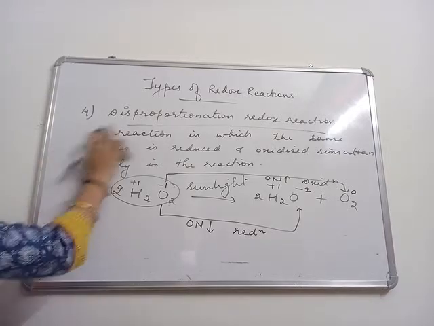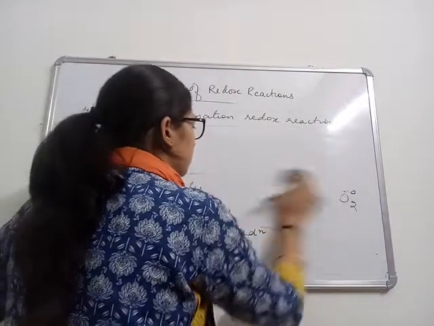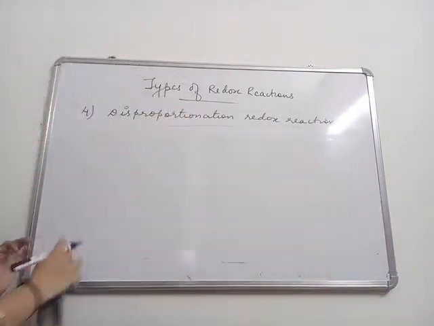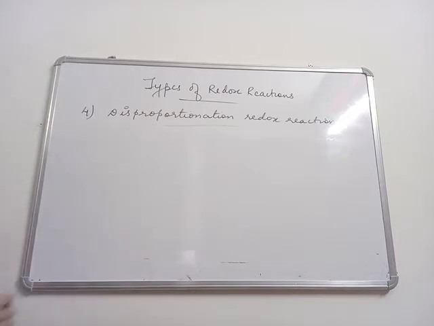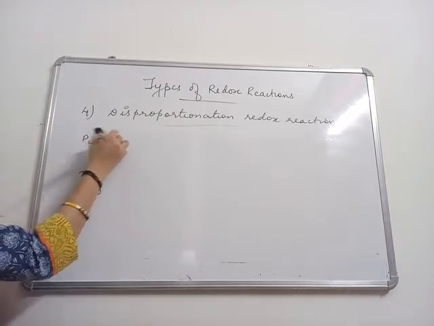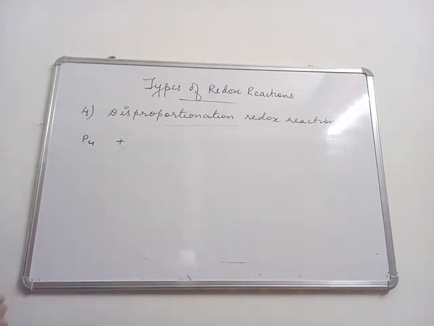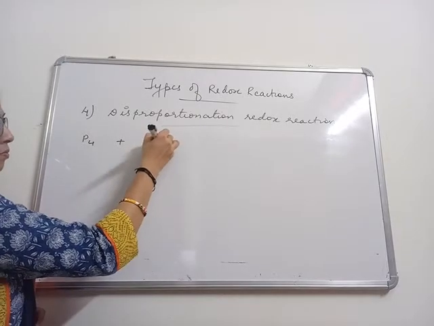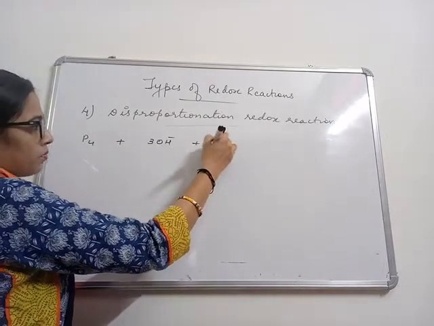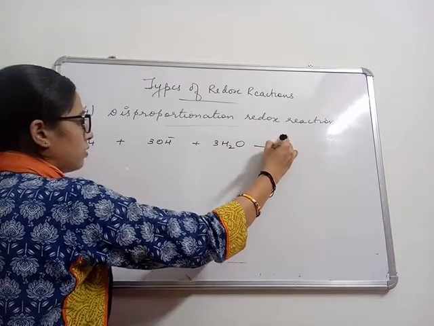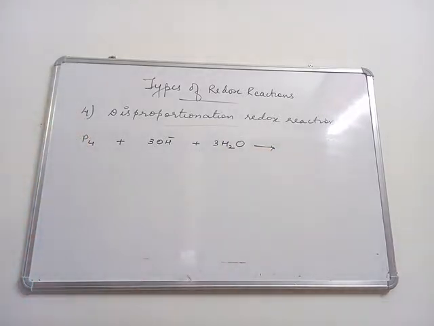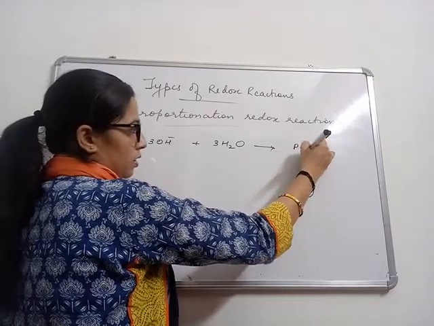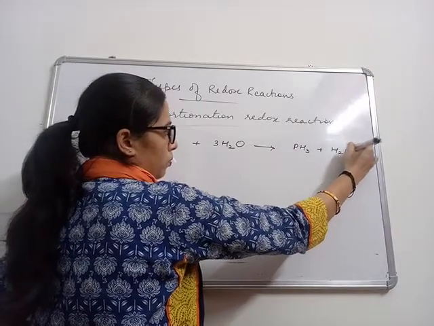Another example that we shall discuss is the reaction of phosphorus in alkaline medium when it reacts with water. Here phosphorus changes to phosphine, PH3, and H2PO2